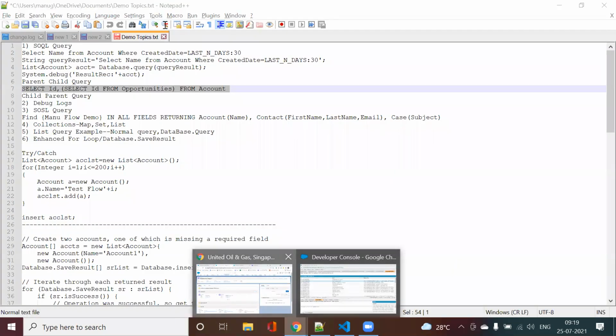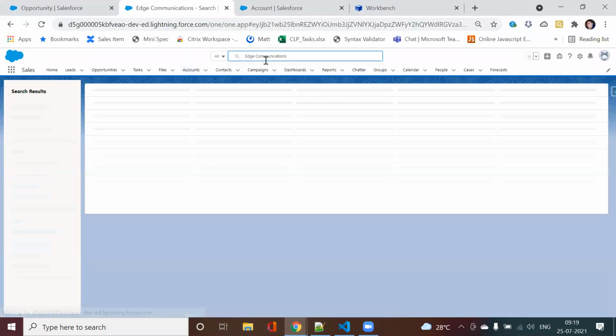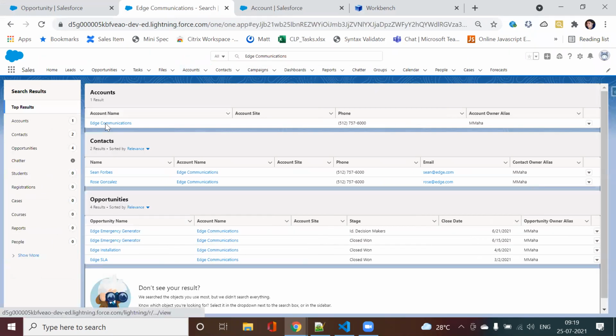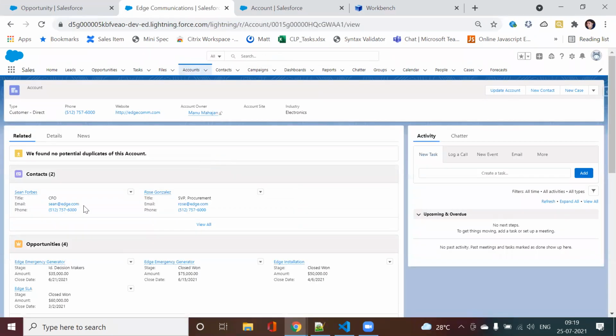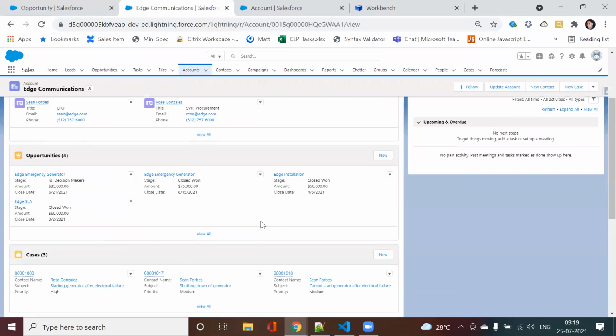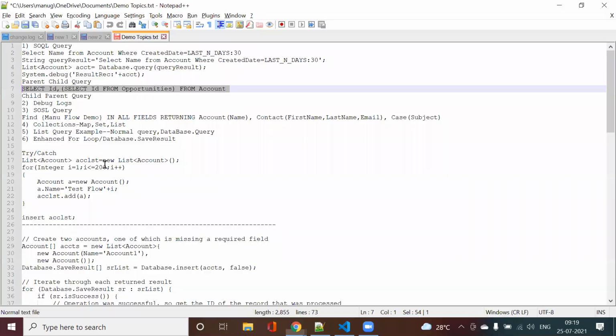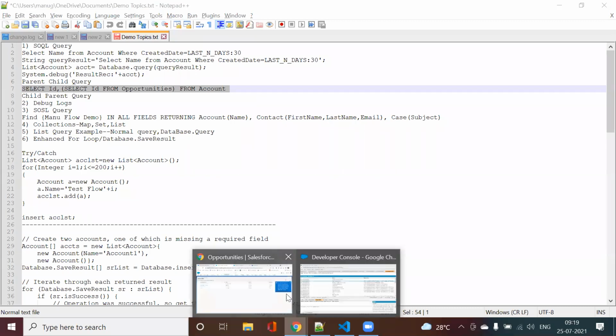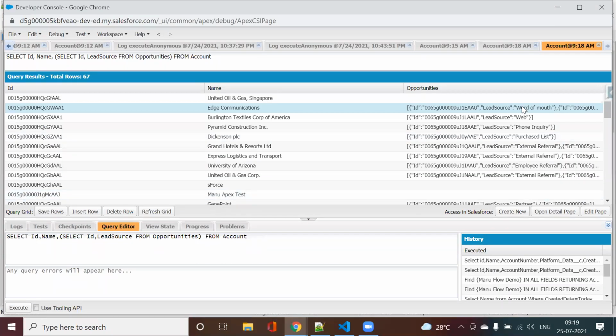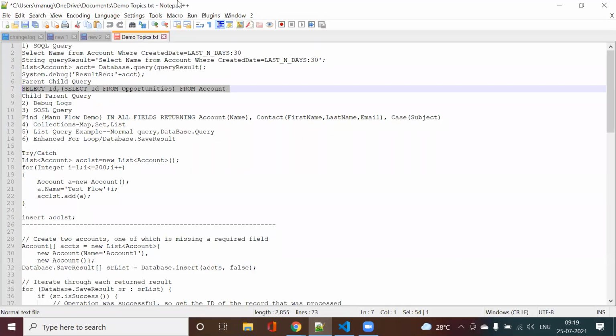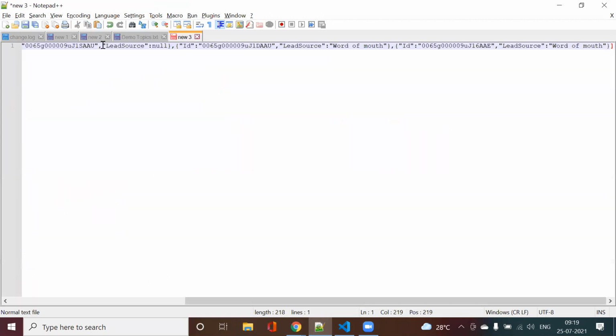So let me try with this second one, H communication. If you see, these are the opportunities that I have. Currently I have 4 opportunities. So this is what has been queried here. All those records are there. In case I try to put it in Notepad, let us check this one.